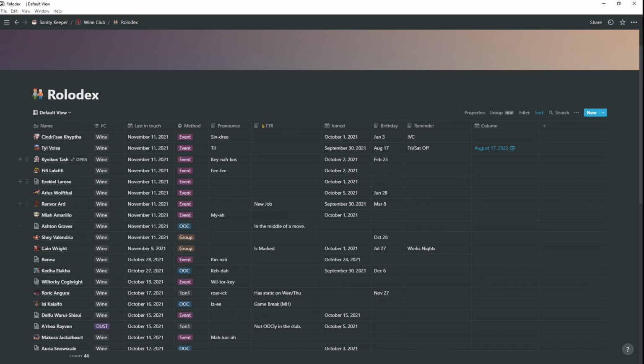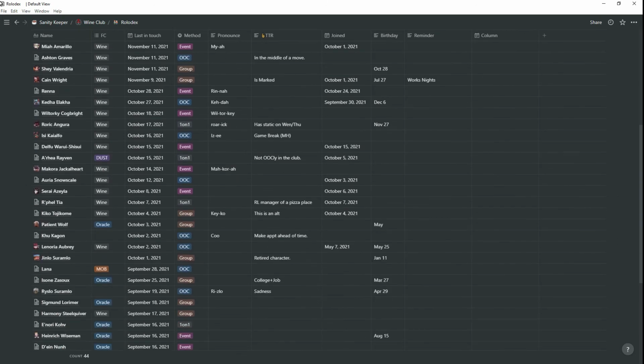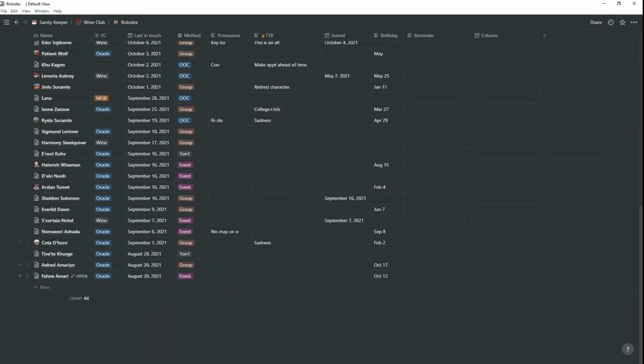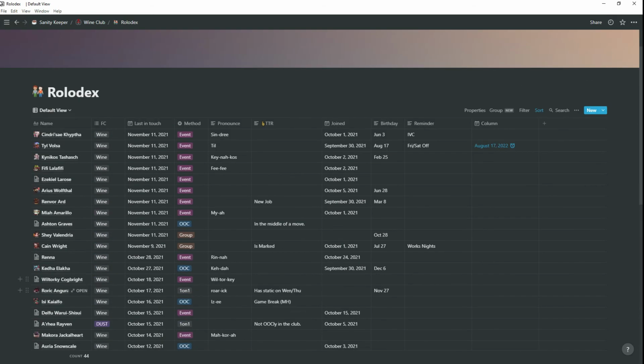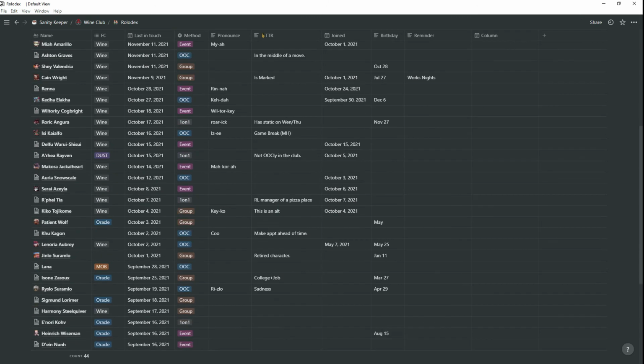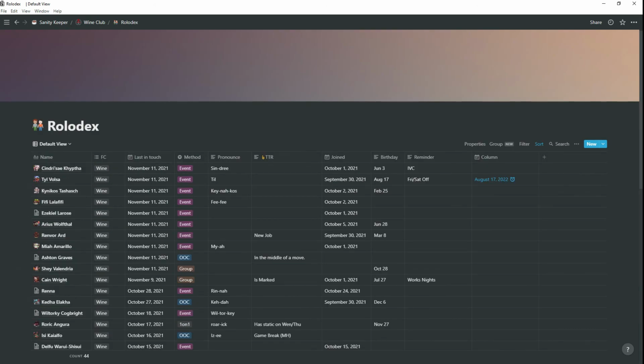Within the group, I have a lot of people that I need to track, and in all reality, I really should have done this for author too, because this would have made my life so much simpler. But I have everybody in the gaming group, and I have what group they're actually affiliated with. I have the last time that I talked to them, how I talked to them, and because I'm Carrow, I have a pronunciation guide, because real life names are already difficult, but make fantasy names, I'm going to die over here. Like, I really am.